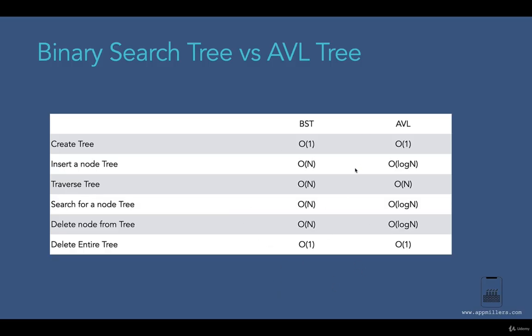Now, if we compare all these complexities over here, we can easily see that AVL tree performs better than binary search tree because AVL tree is always balanced. But in case of binary search tree, there might be cases that our tree becomes disbalanced. In this case, our tree does not perform as it should. So that's why rotation is required in such cases. If you are doing rotation, our tree becomes an AVL tree. So AVL tree performs better than binary search tree.